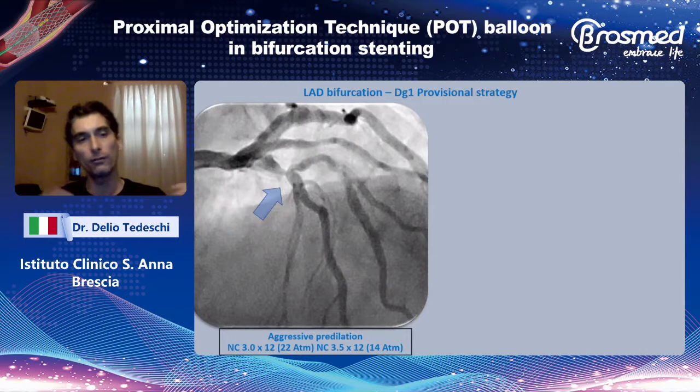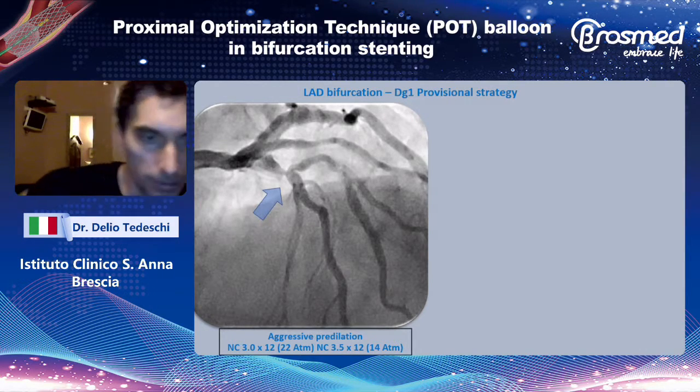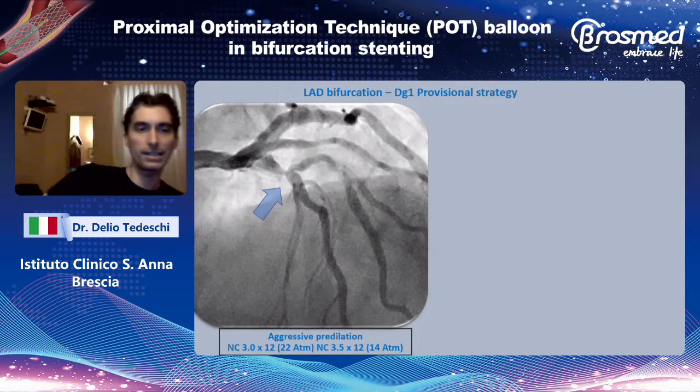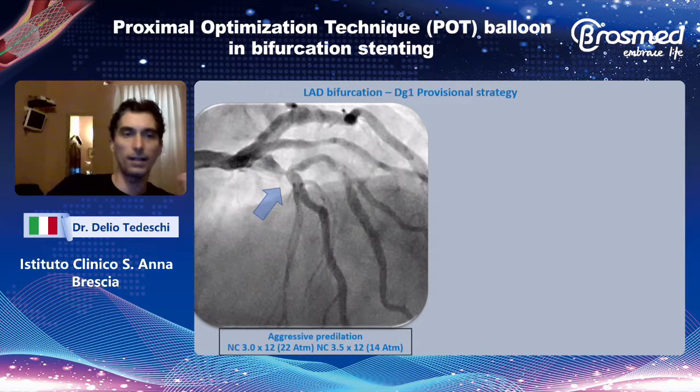In case of low calcification, the strategy, of course, is completely different. But if we have a very calcified and tight lesion, we can achieve very good cracking of the calcium only